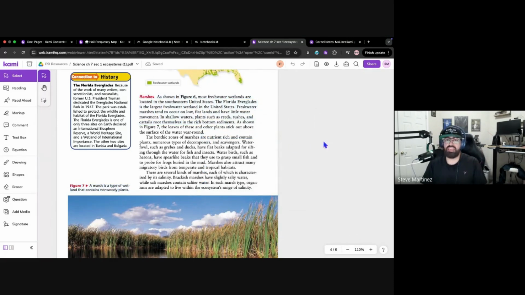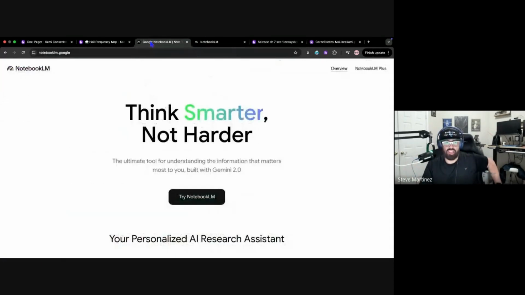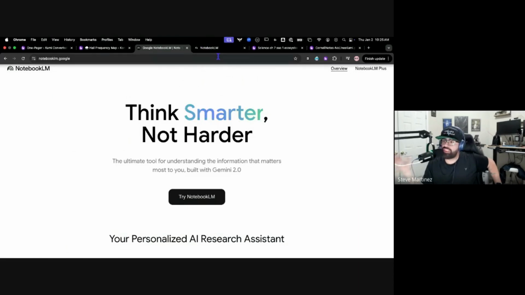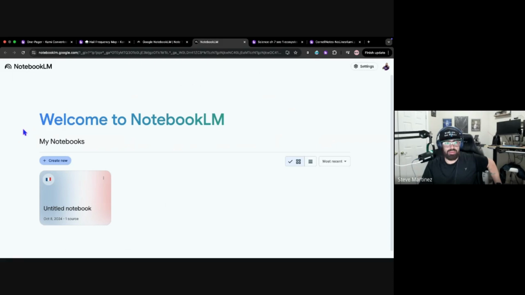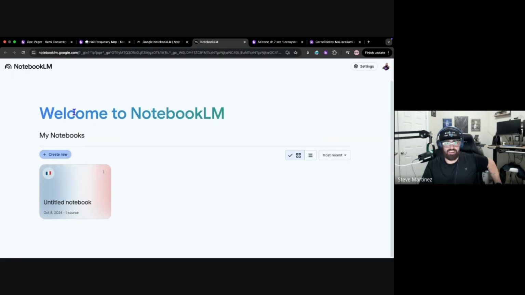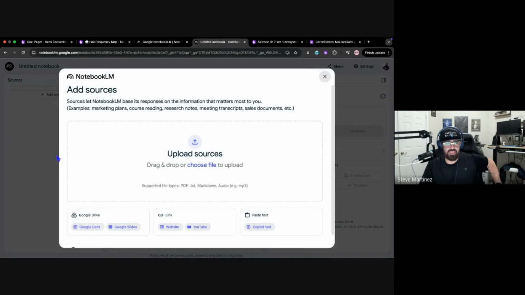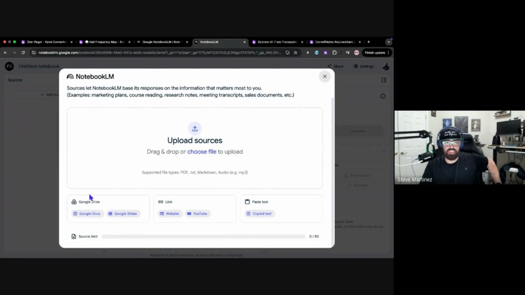So if you've not explored NotebookLM, you can just search online for NotebookLM. I did check with Jen Rogers. She had indicated that you all are allowed to use this phenomenal tool. I've not been up in here. They've made some updates, so maybe we do this together. But you create whatever notebook you want. So create new,